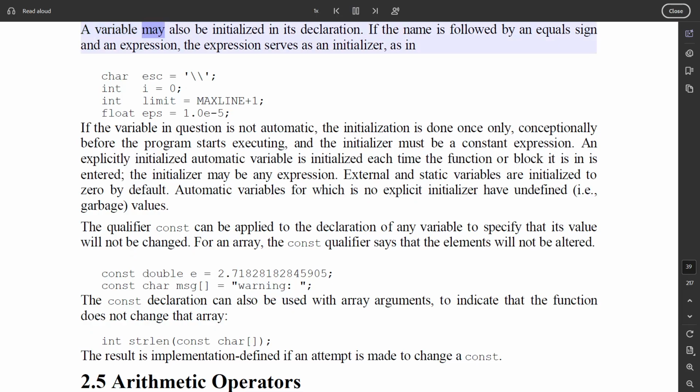A variable may also be initialized in its declaration. If the name is followed by an equal sign and an expression, the expression serves as an initializer, as in char esc = '\\'; int i = 0; int limit = MAXLINE+1; float eps = 1.0e-5;